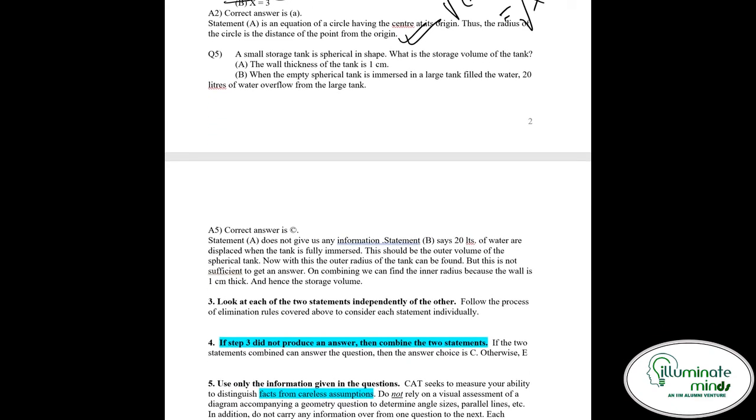Next, a small storage tank is spherical in shape. What is the storage volume of the tank? Okay, spherical in shape is known. The thickness of the tank is 1 centimeter. I don't see any direct benefit from this. Hint B, when the empty spherical tank is immersed in